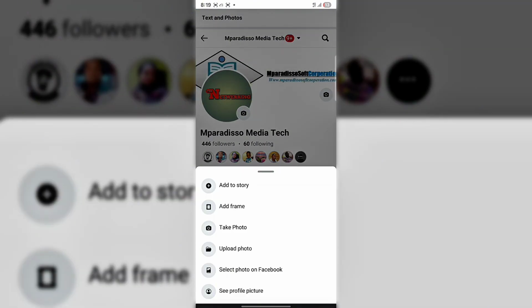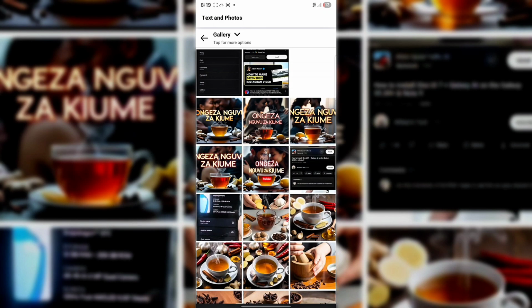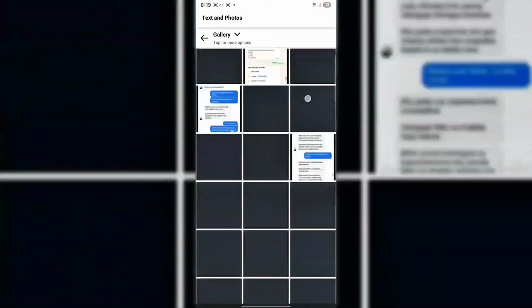Super simple, right? Just remember, always choose a name that truly matches your brand or purpose, because Facebook may reject